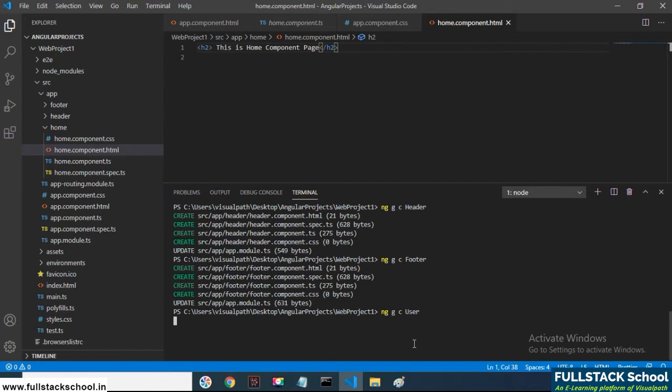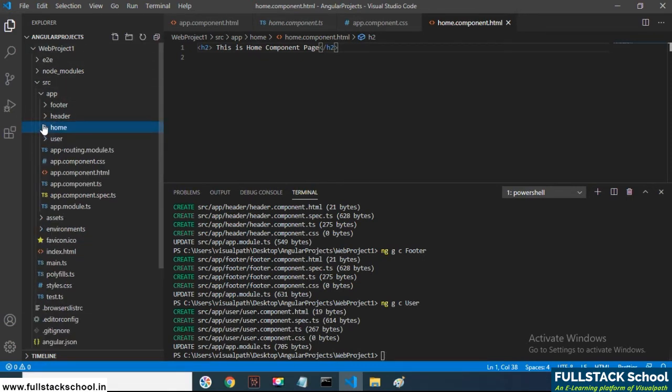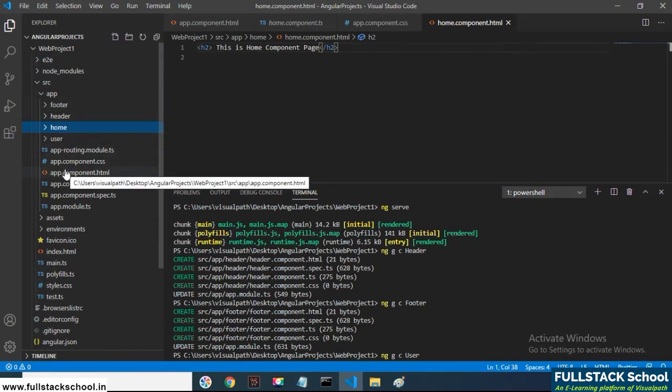User is one more component we are creating. These are the components which we are creating in the application. Now we want to give the relation between these components and the root component.